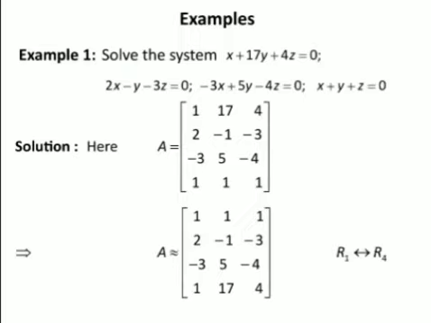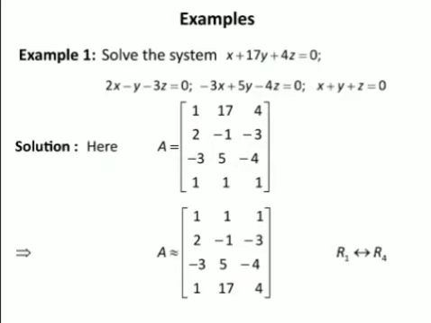To solve this system, we have to find the rank of this matrix. I hope all of you know how to find the rank of a matrix using echelon form. For that, you have to convert this matrix A into echelon form, that is, find the number of non-zero rows by applying some row operations to this matrix.